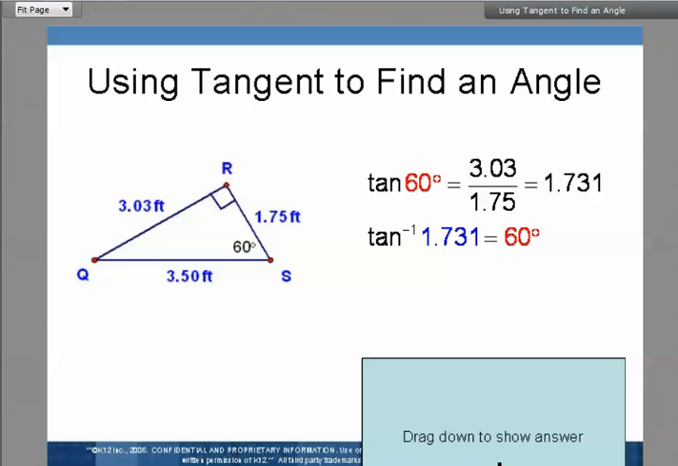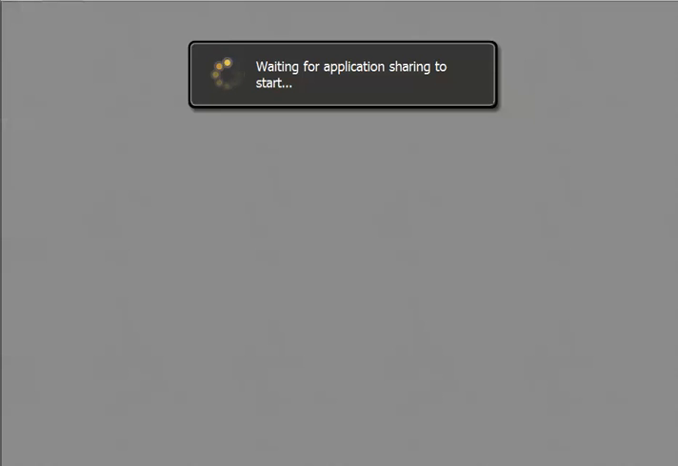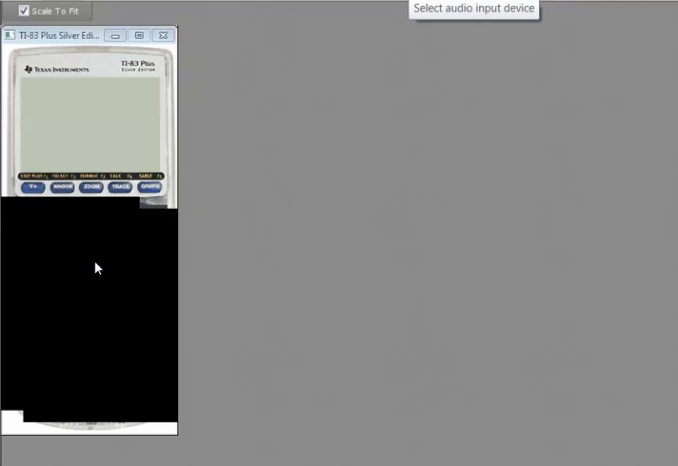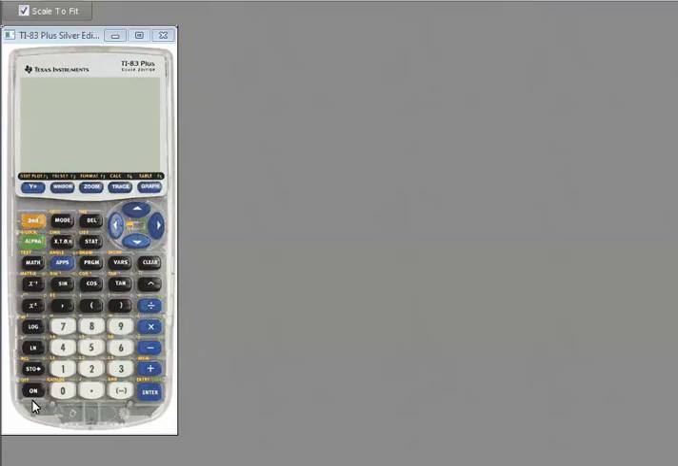Mr. Greene, how do you do that on the calculator? Because I want to be able to do this and solve some of these problems. Well, if you're looking at your calculator right here, you turn it on, you see this tangent? You see up here in yellow where it says tan inverse? So if I push tan inverse like that, and I type in there 1.73